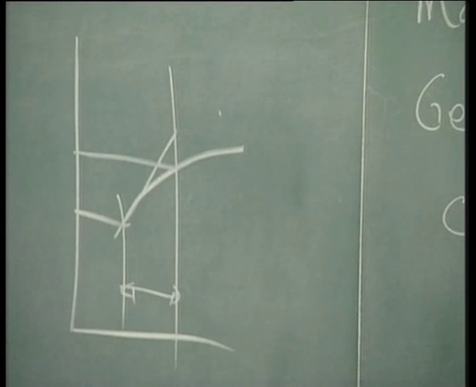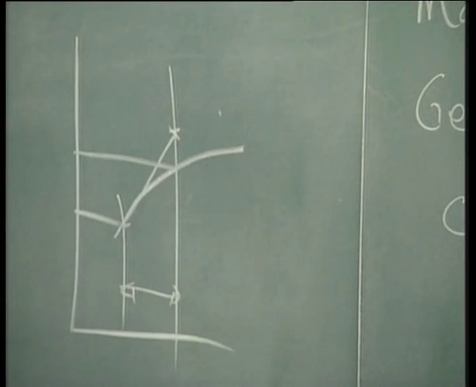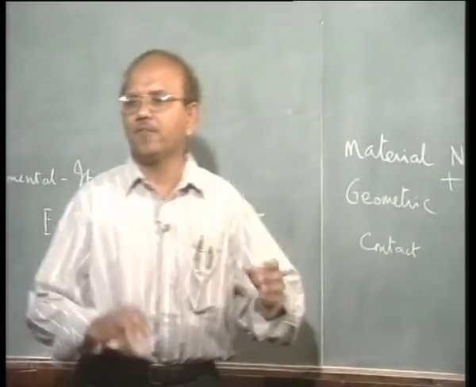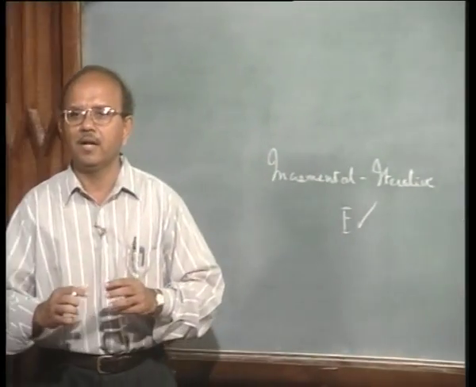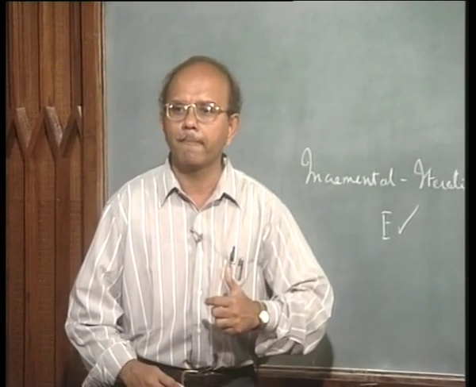This is a 1D problem just to understand things. If I had taken the slope at this point, where would I go? I would have gone here, which would be outside the load deflection curve, so I would have introduced error. Now this is one step, error in one step. So if I keep doing this in every step, then what will happen? I will have error in every step, and there will be a total drift in the solution.